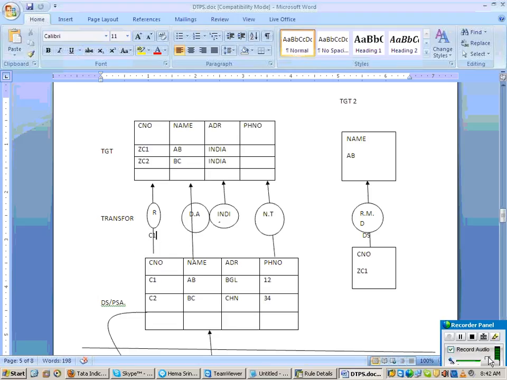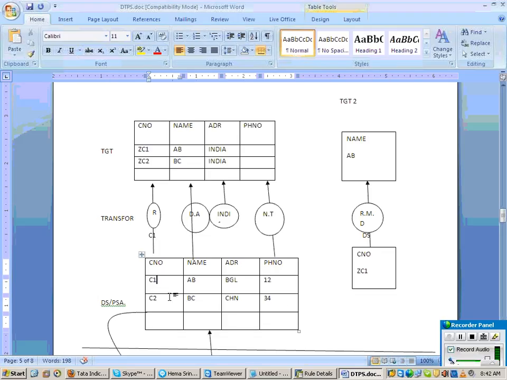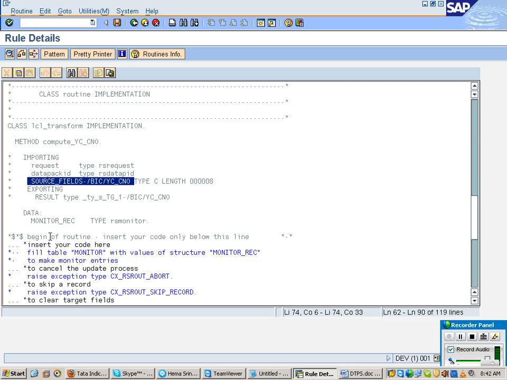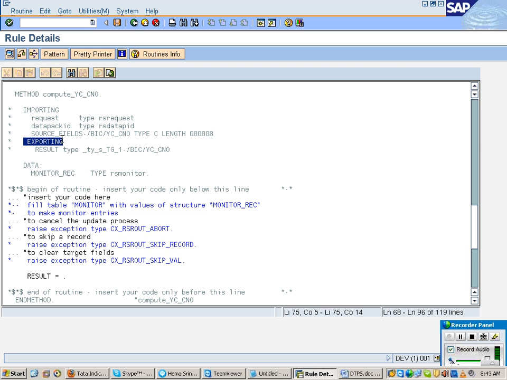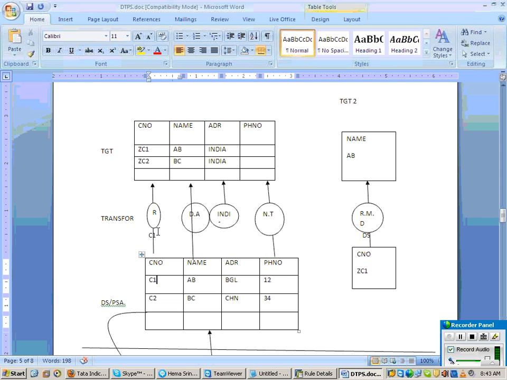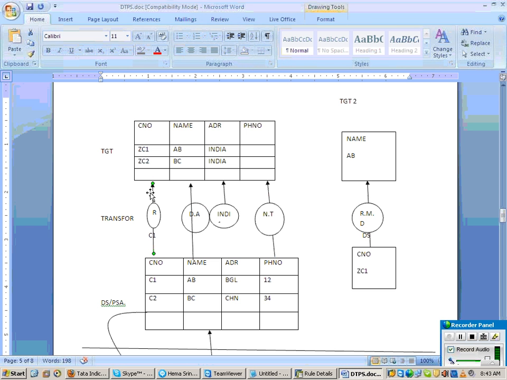Understand what it's saying? The transformation is getting the data from customer number of the data source. What is the value right now? For the first record, customer number of the data source means C1. And what is it telling? After importing this particular data, it is exporting. That means it is reading this data and sending it. Where is it sending now?